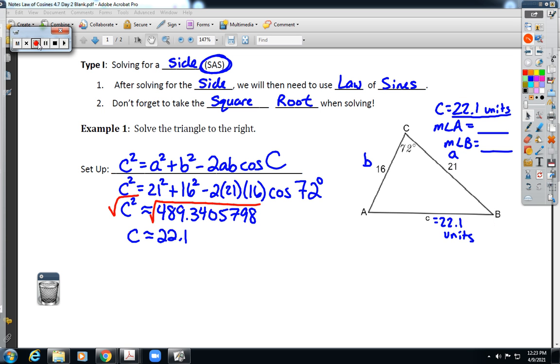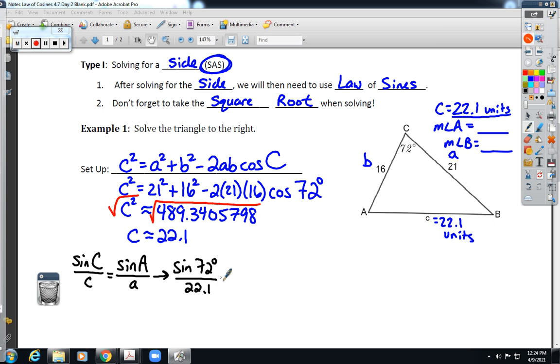So, once we know little c, we can set up the law of sines to say the sine of angle C over little c equals the sine of, I'm going to do A because it's bigger than B, over little a. Sine of C over little c equals sine of A over little a. This will allow us to find a second angle, in this case, angle A. So that would be the sine of 72 degrees over 22.1 equals the sine of angle